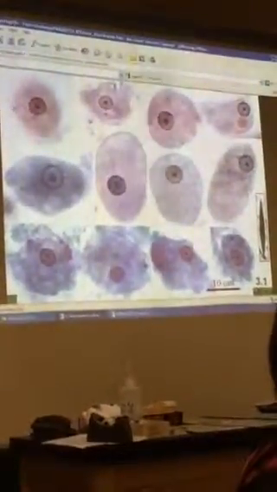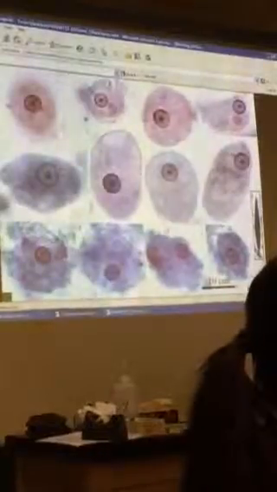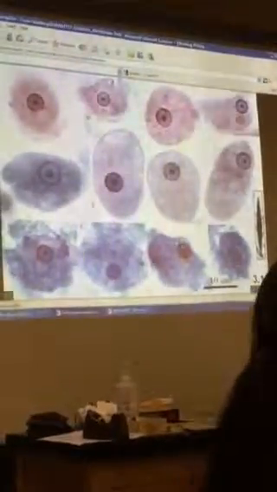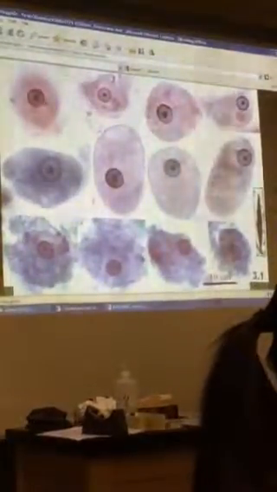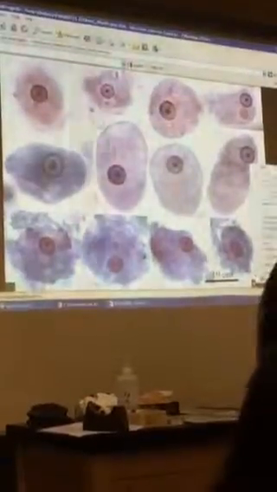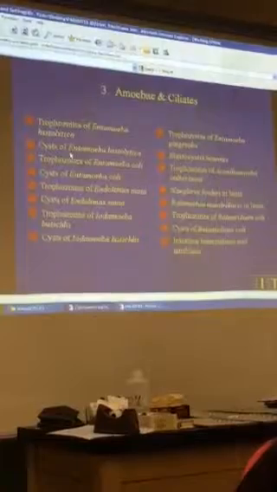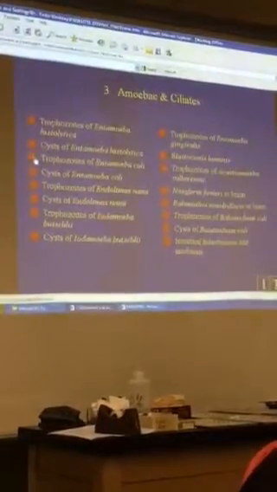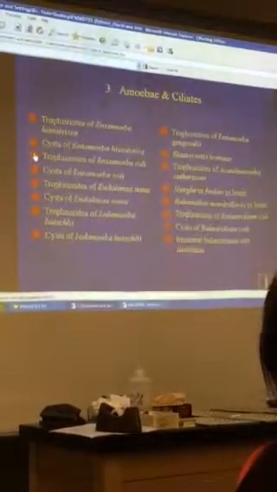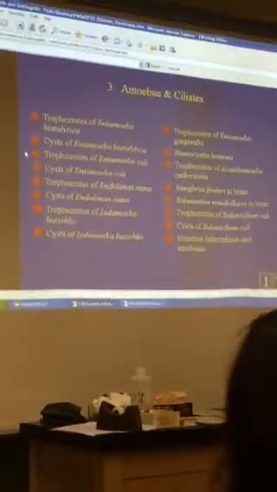Okay? So the main one that this one's going to be hard to tell apart on the practical is from E. coli. So let's pull up E. coli and look at it really quickly. And I think telling the cyst apart is going to be easy. Telling the trophs of these two apart is probably one of the harder things that we have to do. Don't let that freak you out if you get the